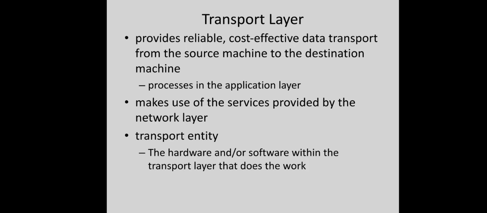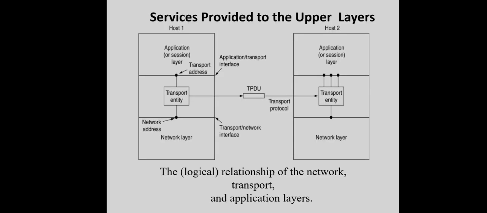Okay, so the transport layer makes use of the service provided by the network layer, and the hardware or software within the transport layer which performs the transport layer service is actually called the transport entity. So the transport entity takes data from the user process and provides it to the network layer. The network layer will route the entire message from the sender machine to the destination machine, and from there the transport entity in the receiver machine will take over, and provide the corresponding message to the corresponding process within the application layer.